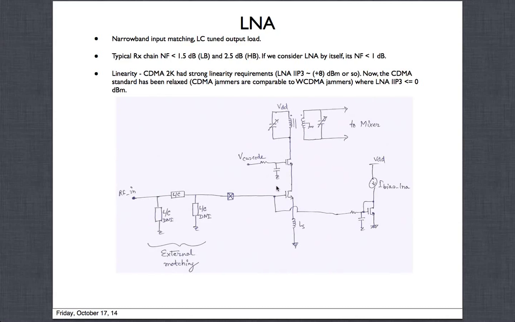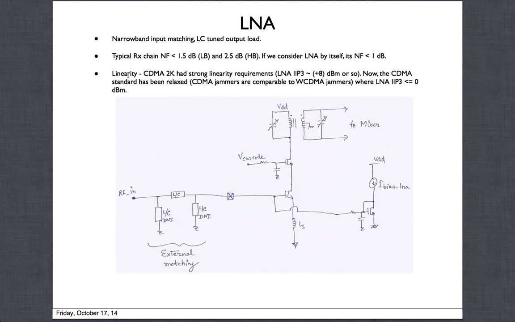If this was wideband, you will not have the gain, and your noise figure is going to be bad. That's typically the problem with wideband LNAs: they provide matching for a wide range of frequencies, but they inherently have bad noise figure. You have to burn more power to lower the noise, and also their jammer rejection is a little worse off compared to the narrowband type structures. So that's another point I wanted to mention here. So let's go back to linearity now.